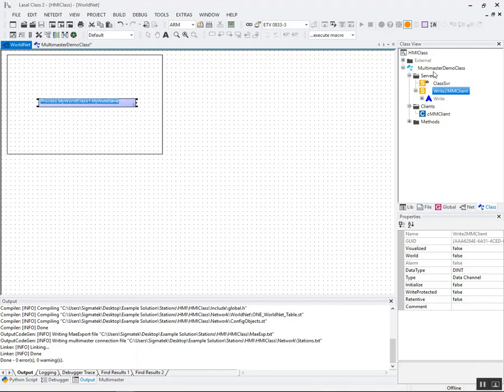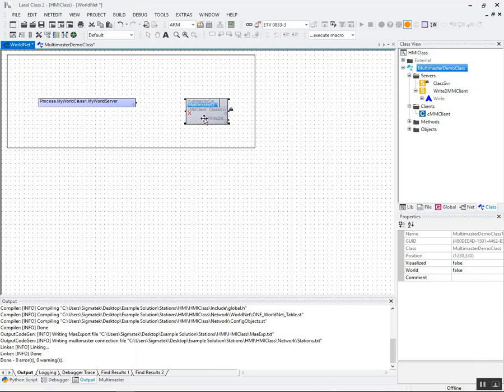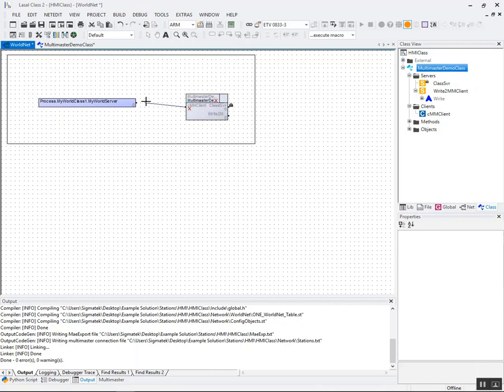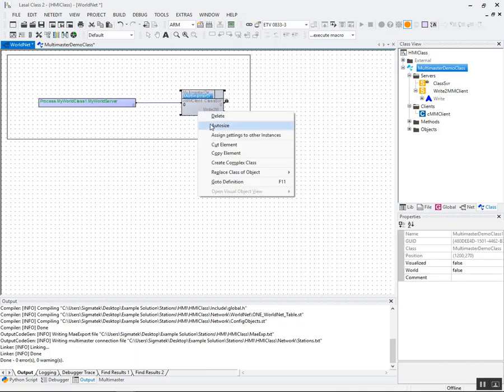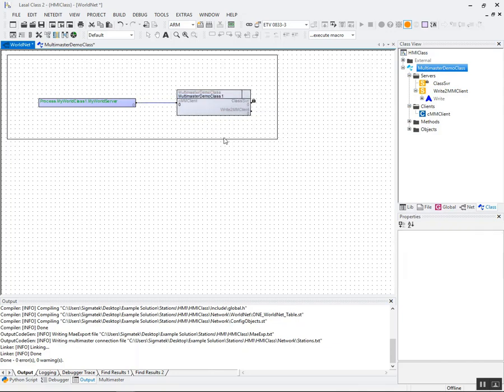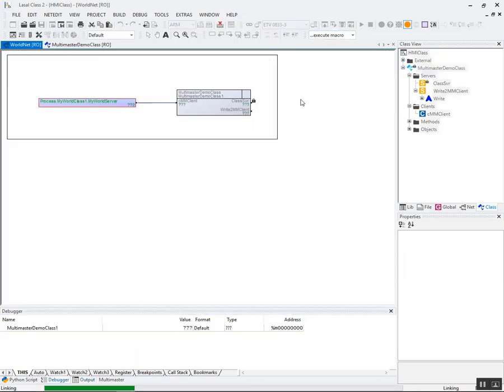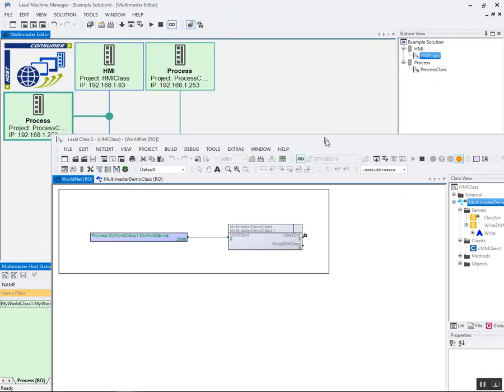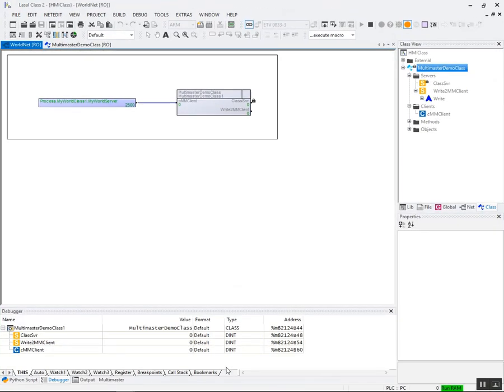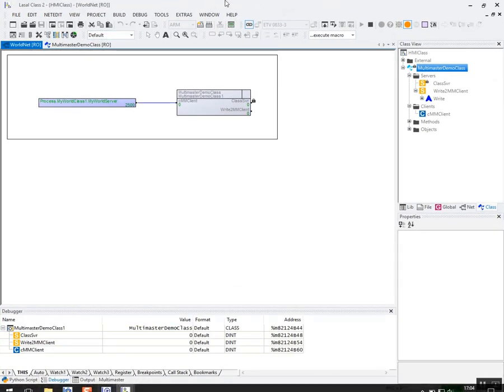Placing an instance of this class, I can now connect my client to the server that is actually residing on the other station. Just auto-size this instance as well. I'll download this onto the ETV, and now without making any changes on the LAS CPU, I will simply make this a bit smaller,